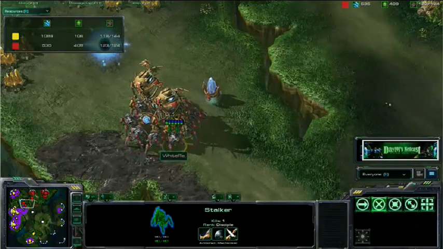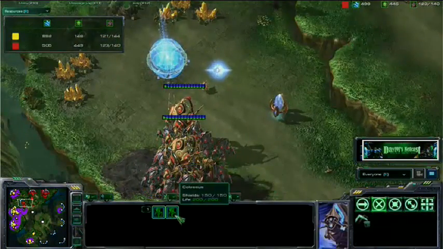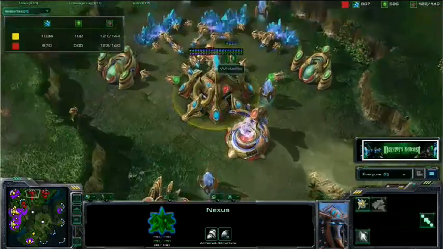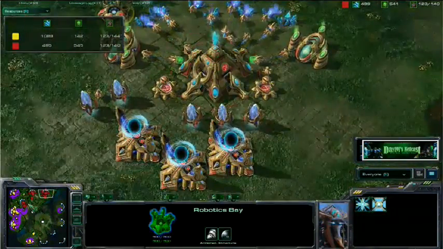So look at this army. It doesn't actually look very big. I mean, what? We have 10 Stalkers here. We have 2 Colossus, but they do almost have that +2 upgrade. And look, chrono boosting it again, if we give reason for that chrono boost. If we put a lot of importance on